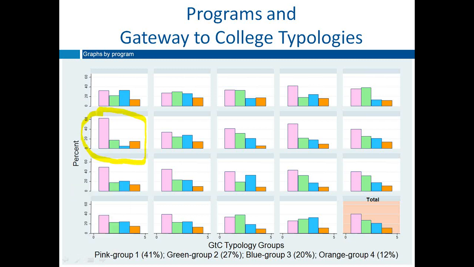This group right here. Yes. Okay. Exactly. And then we've got another group actually right next to it, these 2 schools here that have pretty even distribution. So that's going to be a different challenge when you're looking at your student population, that they're really coming from all 4 of these groups with some different profiles.